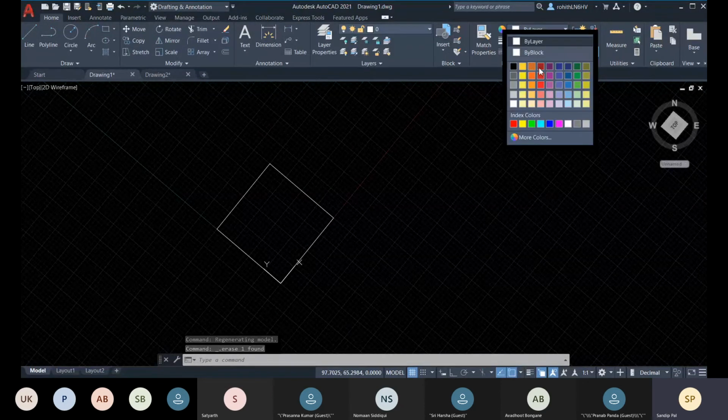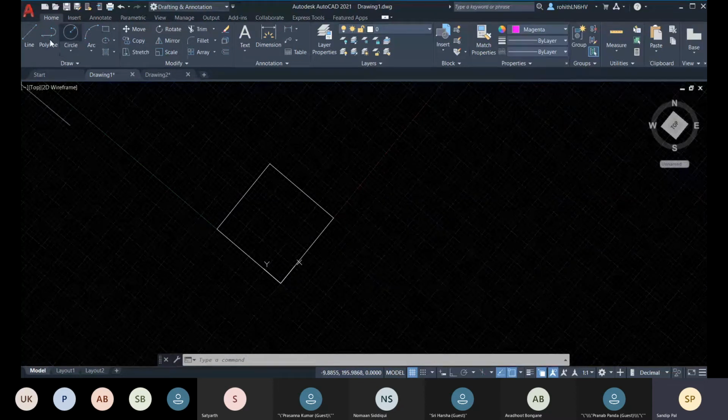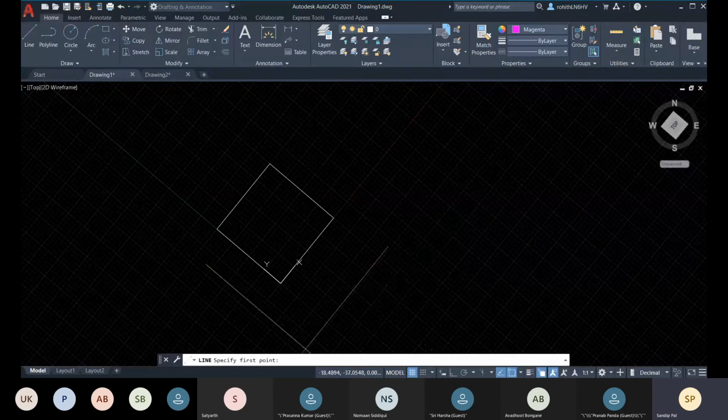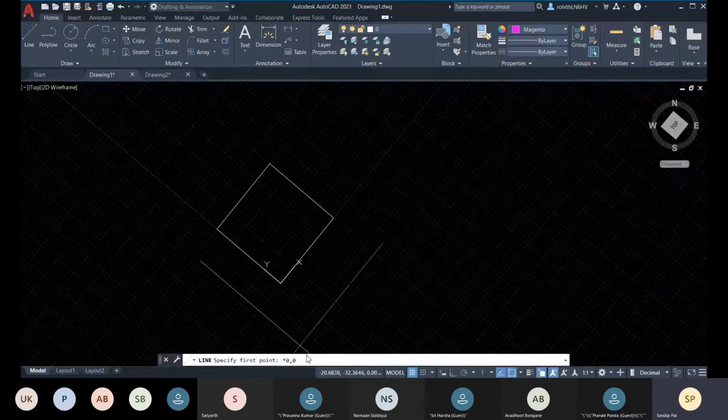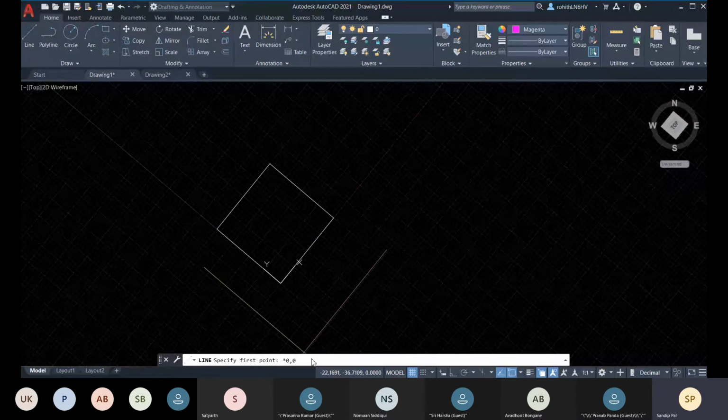And here let me change the color so that you can easily identify. Let me go with this color, and let me go to the line. You remember that the first point I defined was 0 comma 0, right? Here as a prefix I will press star so that it will take the World Coordinate System.